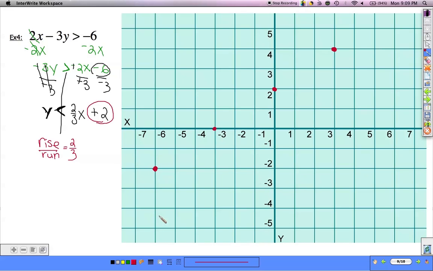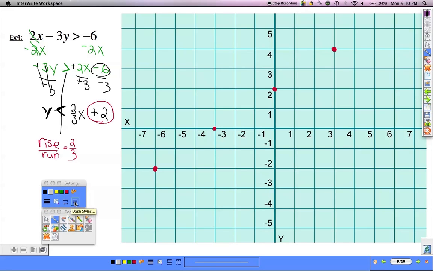Okay, our next step is we're going to want to just sketch the line, connect those points using a very light pencil because we need to make a decision afterwards about what kind of line we want to use. Either it's going to be dashed or it's going to be solid. So right now, make sure you use a very light pencil